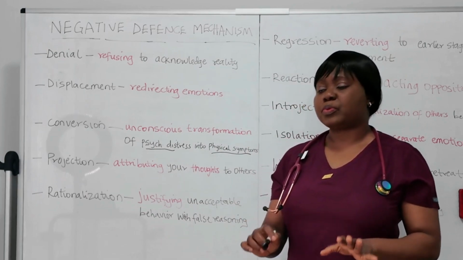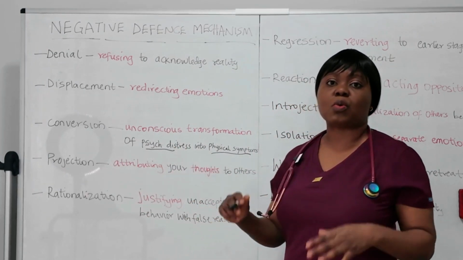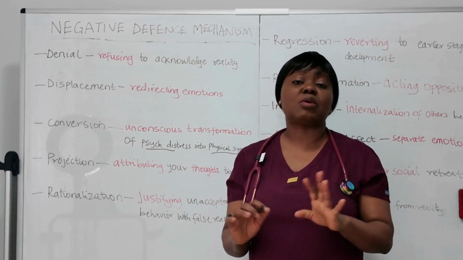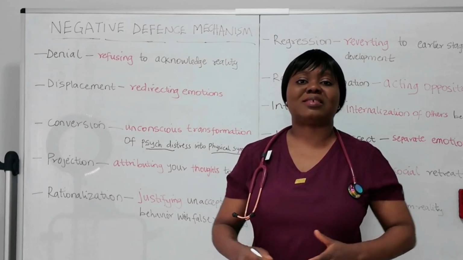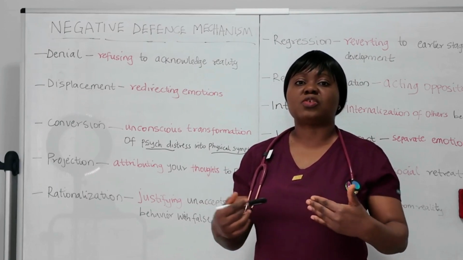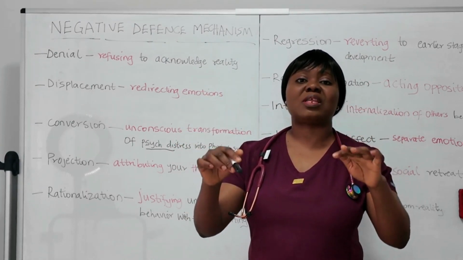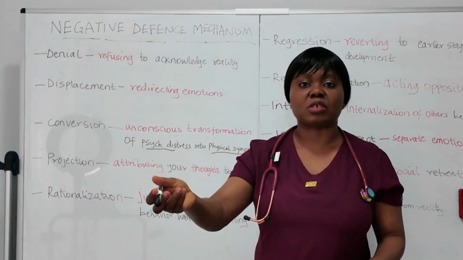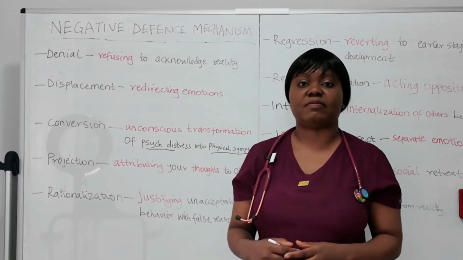The next one will be projection. Projection is like projecting. You are attributing your thoughts to others. Most times, your thoughts are something you are doing that's not right, it's not good. An example would be a man who is telling lies who decides to accuse the partner of lying instead. That's projection. Something that the person is doing, they now decide to blame on others, telling others that they are the one doing it, meanwhile they are the one actually doing it. So you are projecting your thoughts onto the other person. Most times those thoughts that are projected are actually negative.